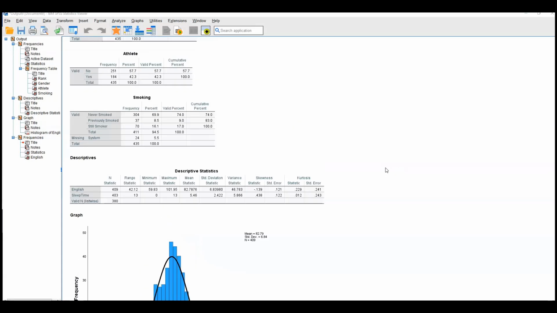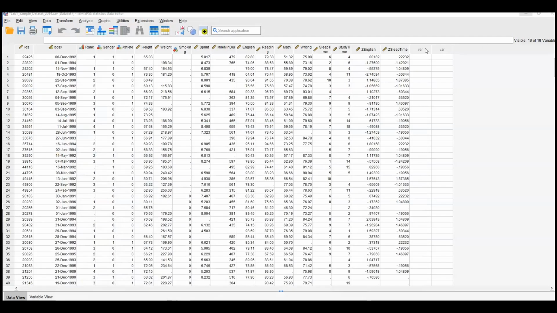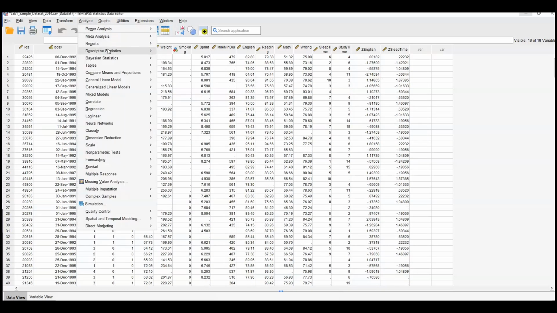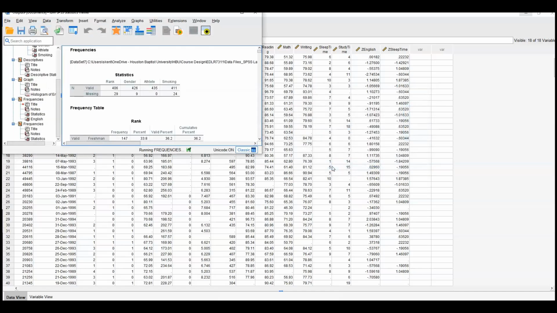And then the last thing we're going to do for the assignment is what you did last week, which is again evaluate the z-scores for any outliers. If I go back to my data set, you can see I have the z-scores. I ran them, and I saved the standardized values. All I'm simply looking for, if you remember, is values above 3 or below -3. Since there's 400 and some in this data set, it could be a lot of scrolling. So a quick way to do that is to run the frequencies for those two variables. They're always going to be on the bottom of your list of variables because they're in the far right column. If I hit OK,